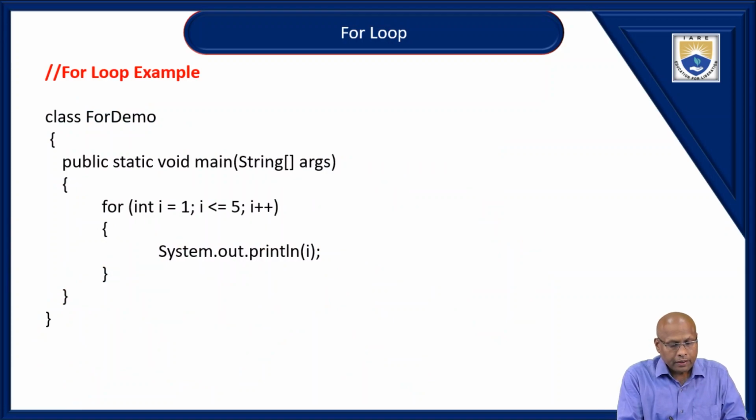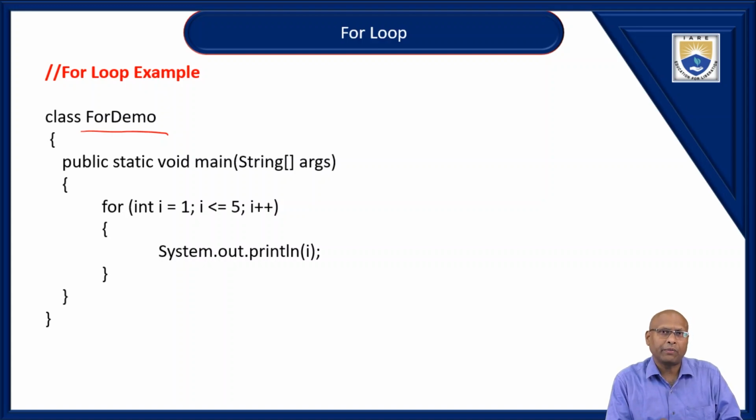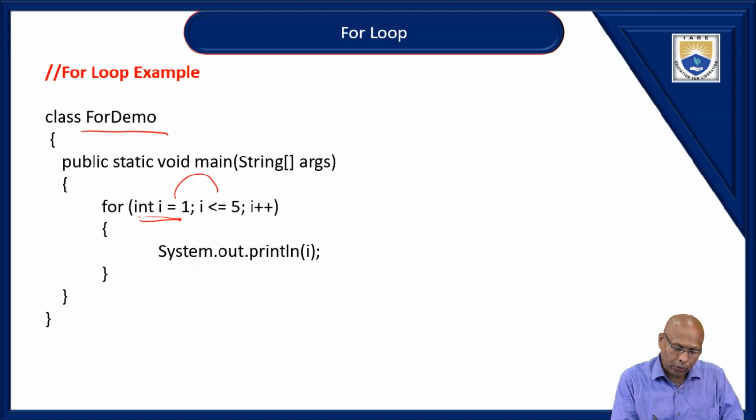See, a simple example: class ForDemo. The name can be given anything. Here for simplicity I wrote ForDemo. public static void main(String[] args), for int i equal 1. That means this is initialization. So initially the value of i is 1. After that the control comes here, checks the condition, whether the condition is true or false. If it is true,